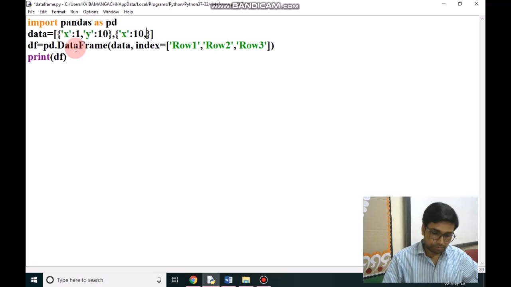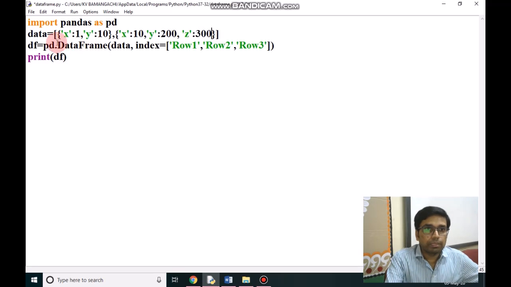Second key is Y, and value is 200. We can also give here another key called Z, and its value is 300.